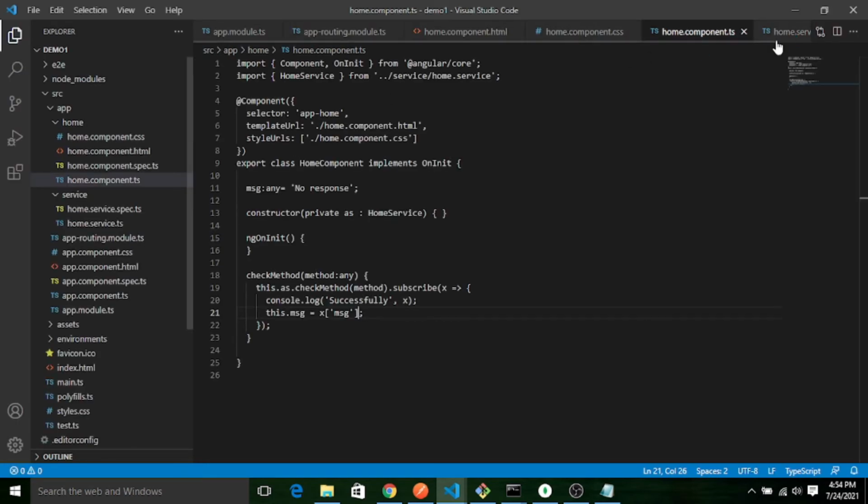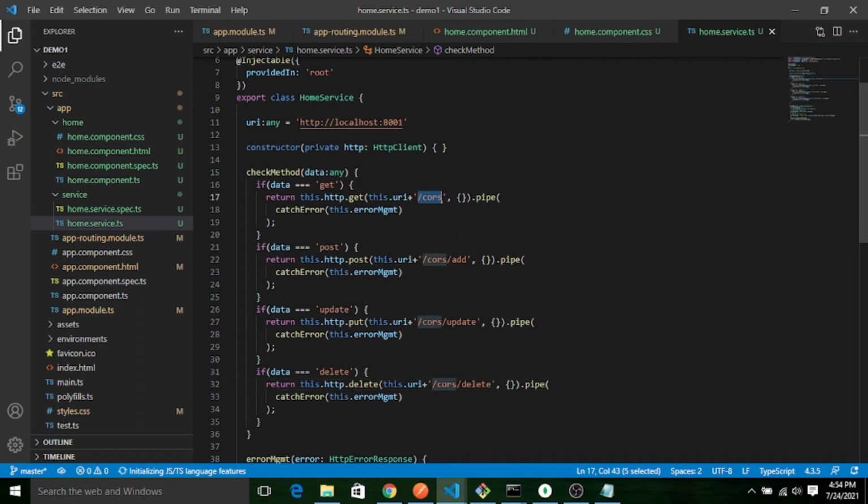This is one of my Angular applications. Let me go to the service file. I have already declared this get method.